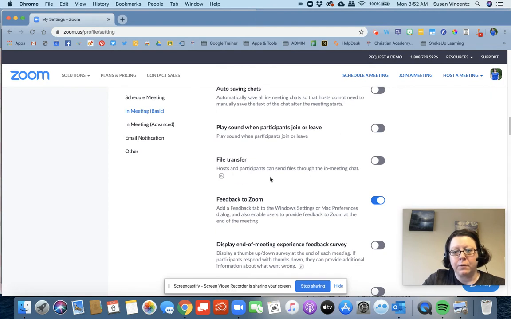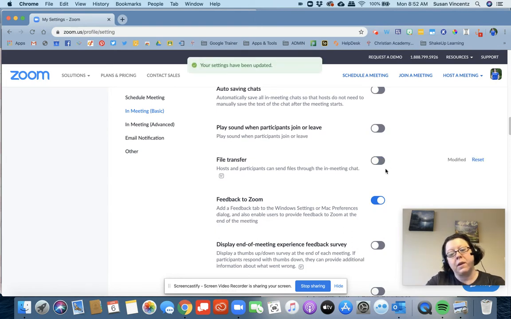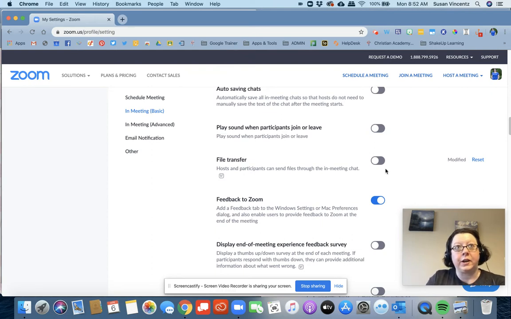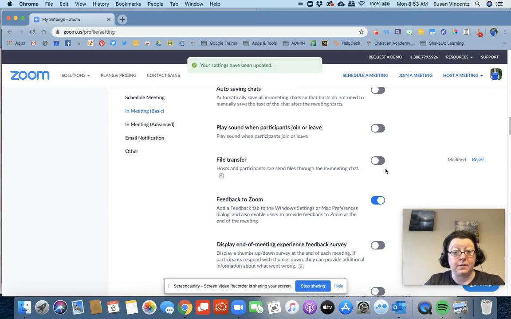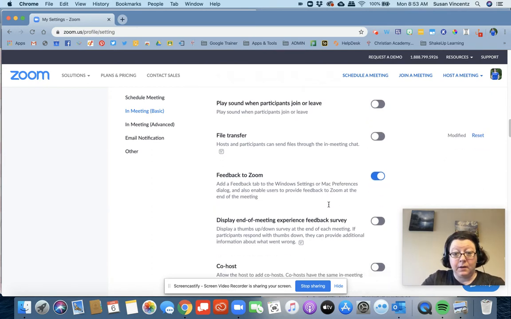File transfer. Host and participants can send files through the in-meeting chat. If you turn that on, you have the ability to share a file. But in your case, I would definitely use your Canvas course to share any files that they would need, and just leave this off so that way students are not sharing attachments and things that they shouldn't be. Okay, and then